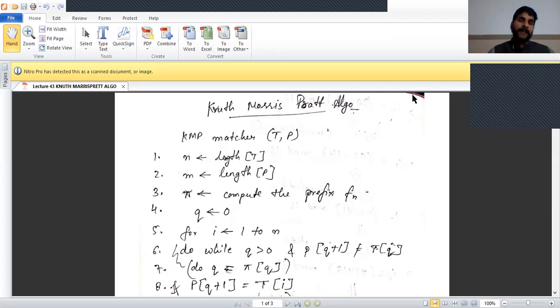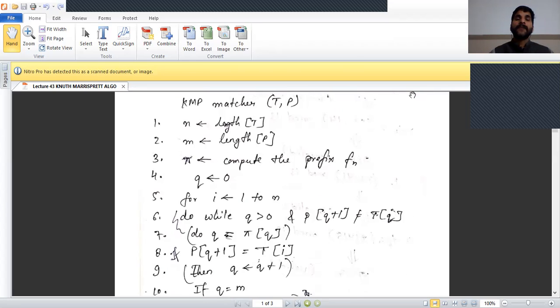In the Knuth-Morris-Pratt algorithm, first we give a brief description of the KMP matcher. In KMP matcher, T denotes the text and P denotes the pattern.